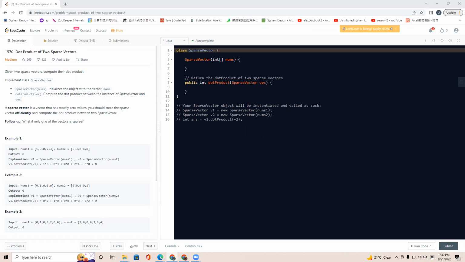1570, dot product of two sparse vectors. Given two sparse vectors, compute their dot product. Here we have two vectors, nums1 and nums2, and we want to get their dot product. And we can see the example of nums1 and nums2, their product is that, for example,